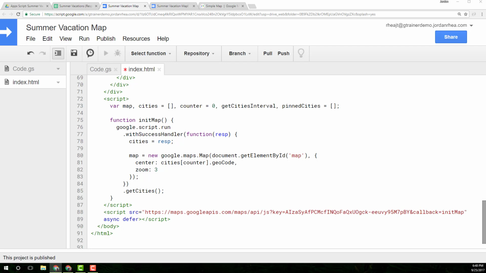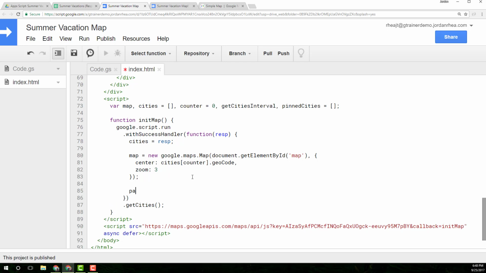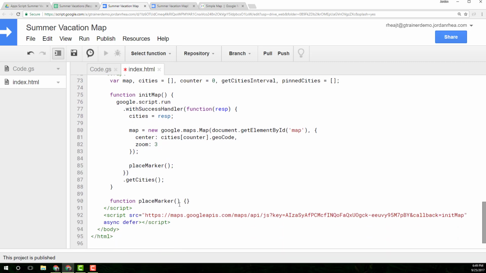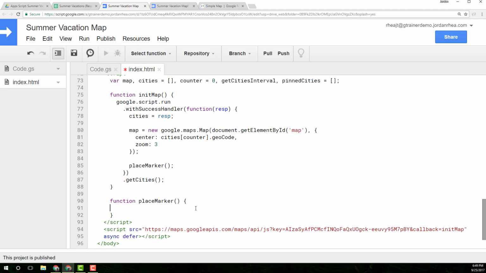And once we have done that, we are going to place a marker. So we got to create a function for that. We're just going to run place marker, and right below init map function, I'm going to create place marker. Once you notice functions getting too long, I could just put everything right in order up here inside of this with success handler, but I think it's best to move out this logic for placing a marker to its own